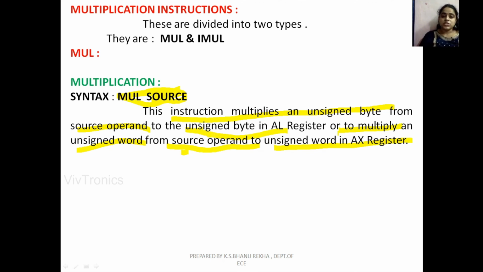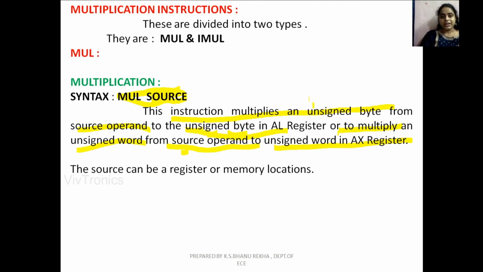So from source it takes a byte and it multiplies that byte with AL register if it is 8-bit operation, or else from source it takes a word and it multiplies with the 16-bit value that is there in default AX register.